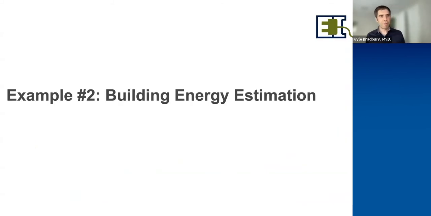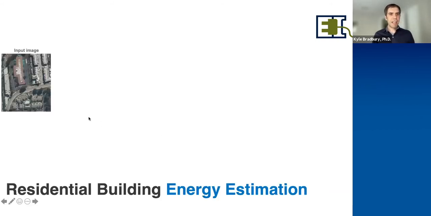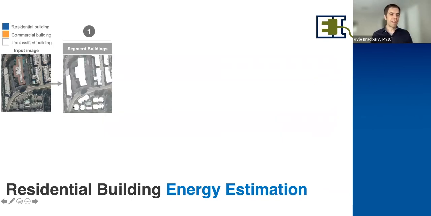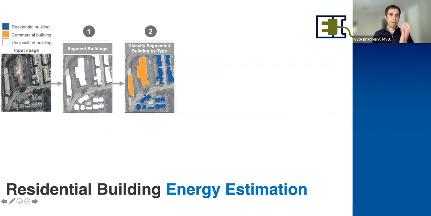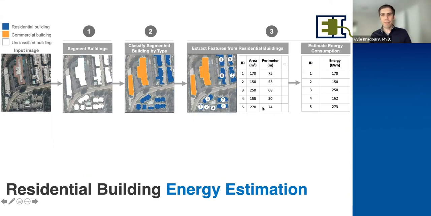Another example of some of the work that we've done in this space has been around building energy estimation. So take another input image. We segment the buildings. We determine whether they're commercial or residential. Again, all of these processes using computer vision techniques, and then extract features from the data. Instead of petal width and petal length, it might be building area, building roof coloration, and things of that nature to give us features, predictors that we can then use to estimate the energy that's been produced by this.